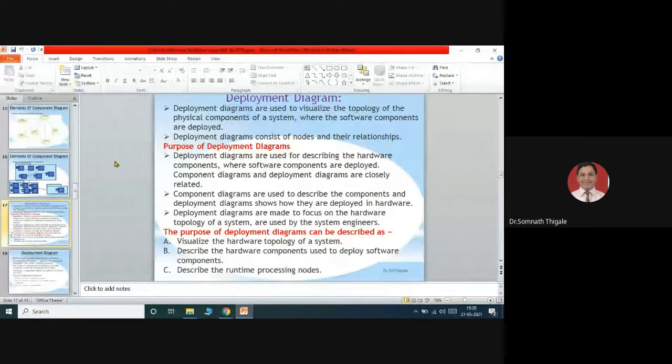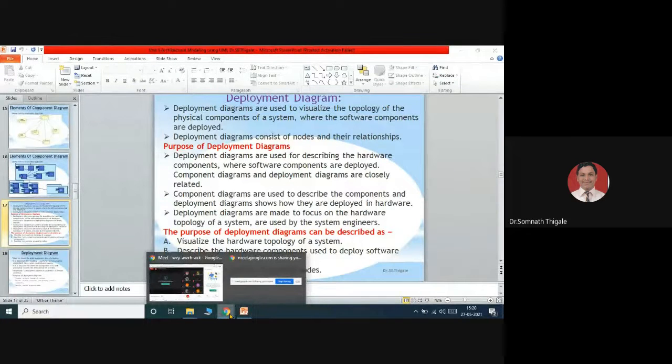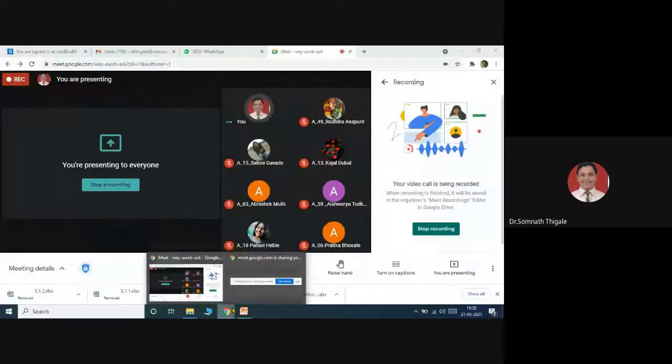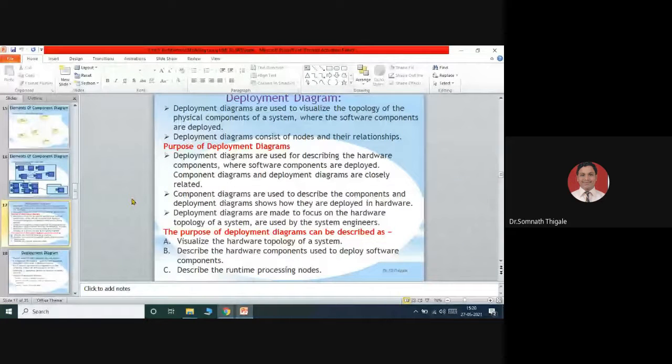Remember this, deployment means the product is developed, and the product is now ready to use. We will hand over the product to the user, and the user is trying to use it. Trying to use it means we have installed the product at the end user's, the customer's side, so the product is in the deployment stage. Understand this?